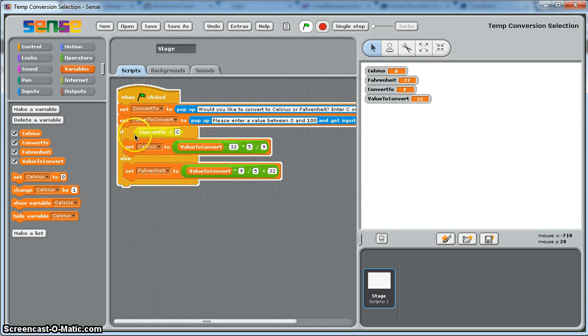Now at this point again we're back into the comparison on the if, so we're comparing this condition. So remember last time when it did equal C, it went in to do Celsius, but we know this time that convert to is now sitting at F. So what we hope will happen is it goes into this else part. So we'll see, we'll single step through,